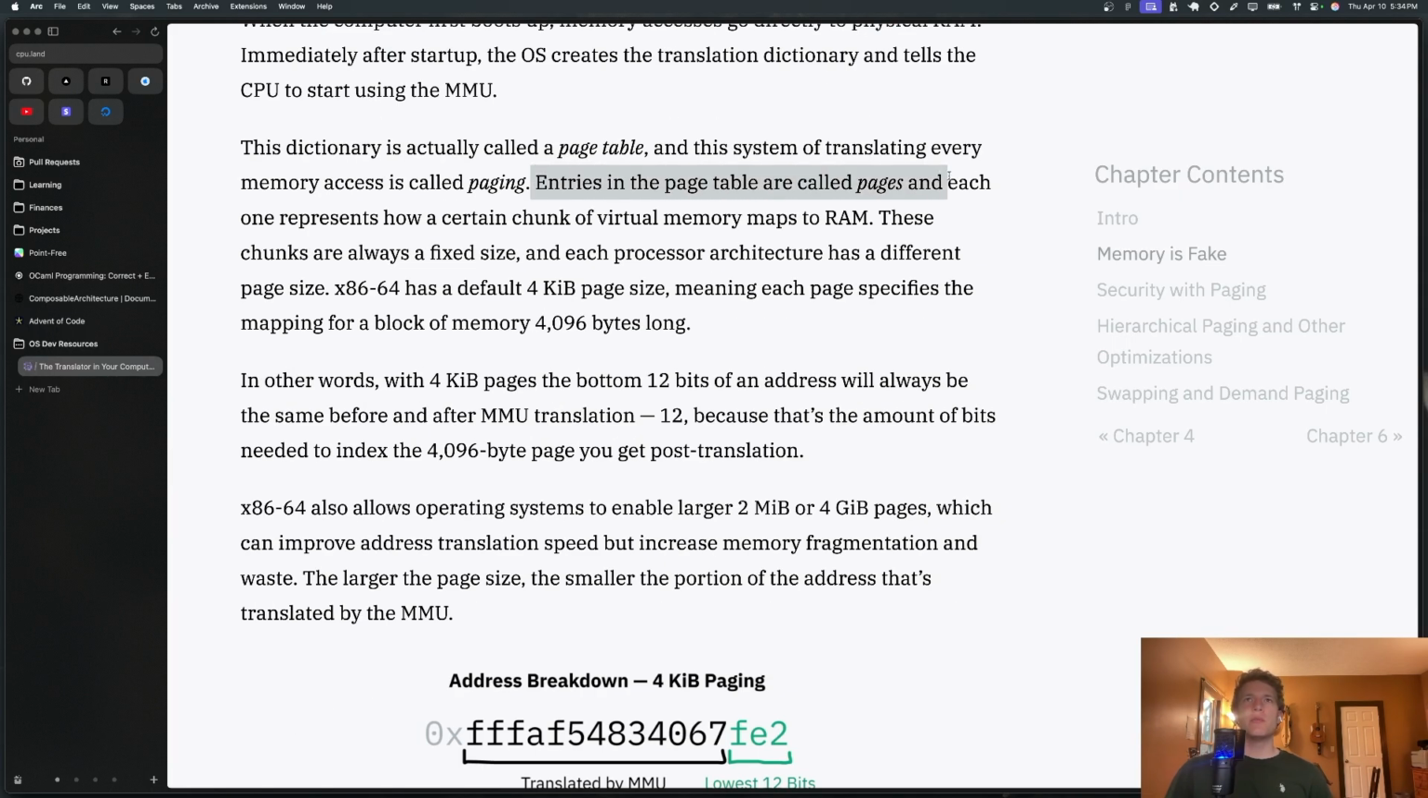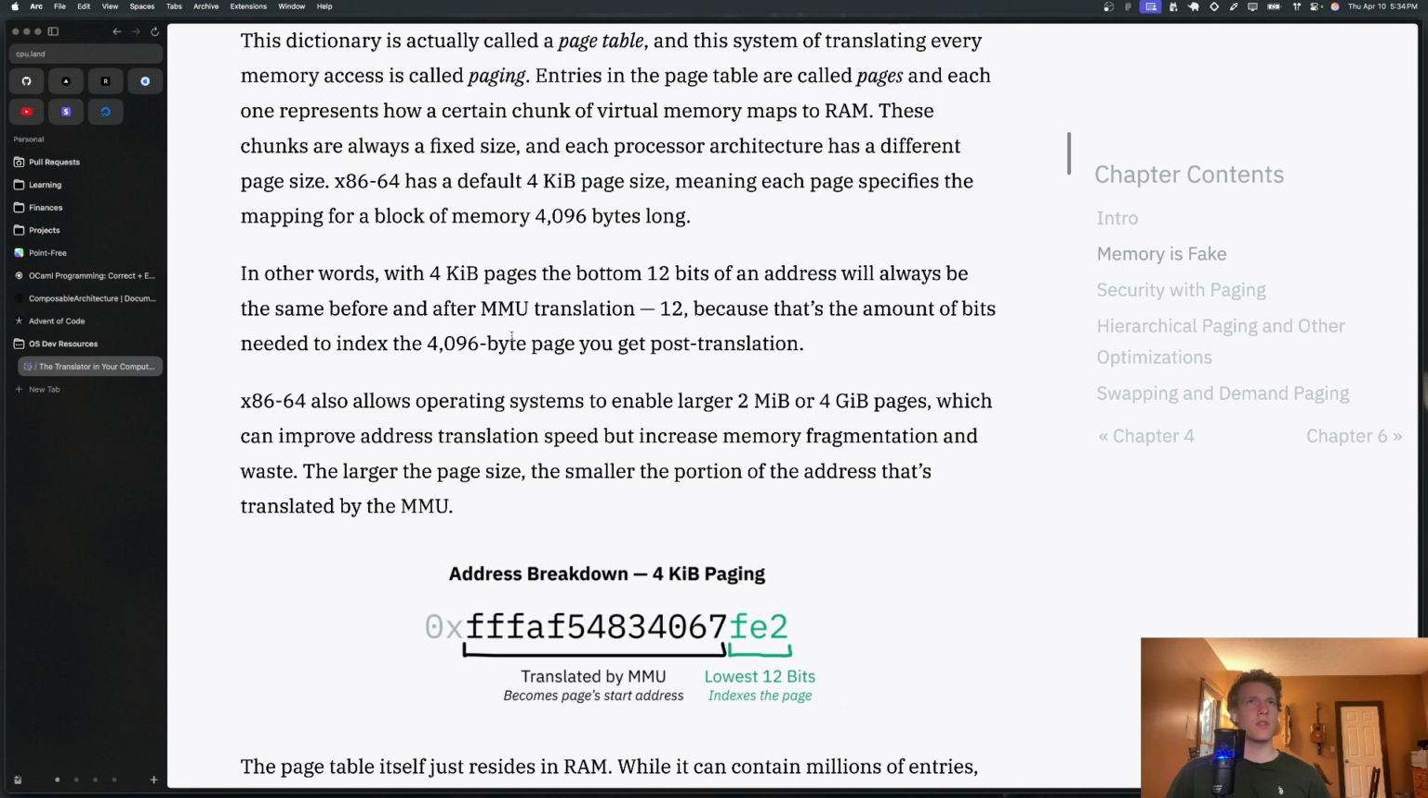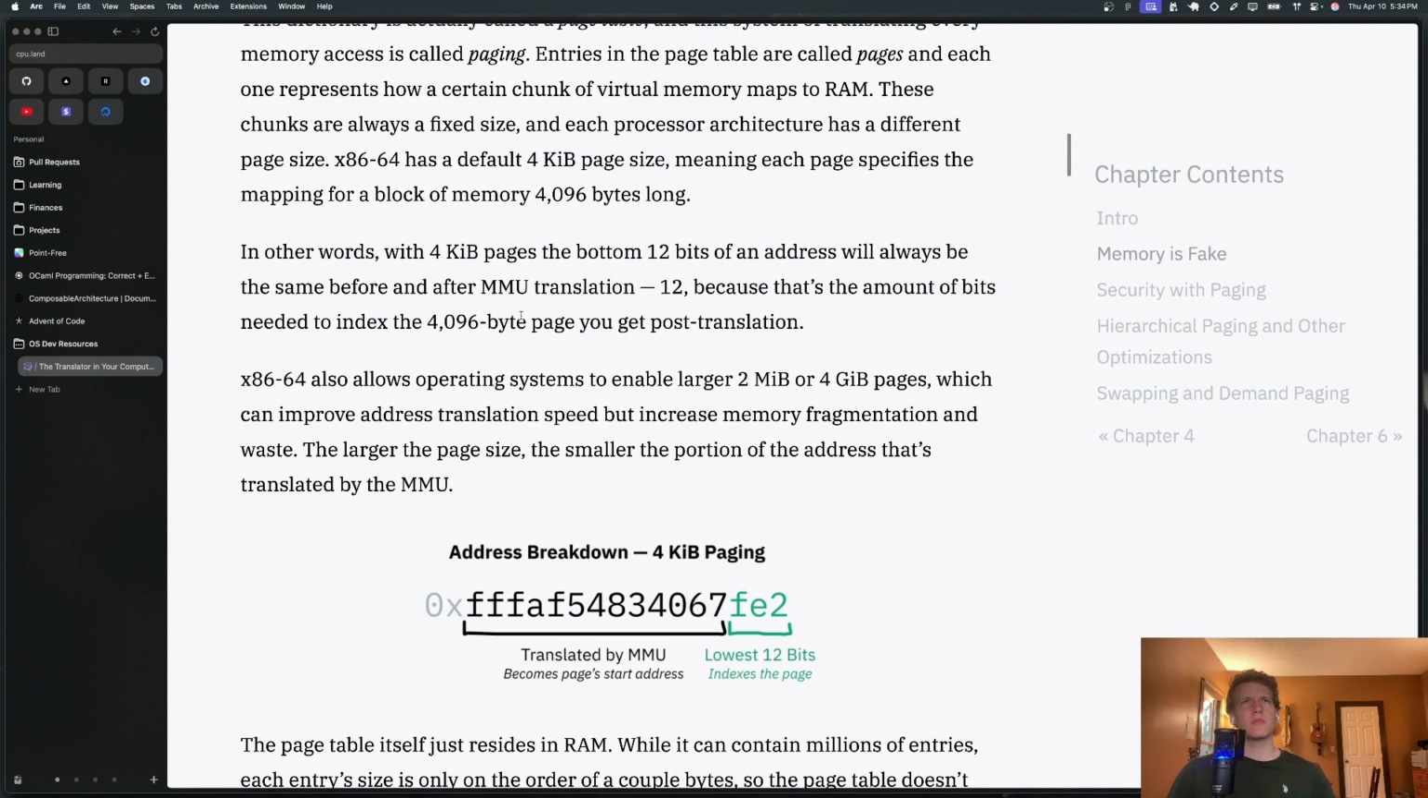Okay, entries in the page table are called pages, and each one represents how a certain chunk of virtual memory maps to RAM. And these chunks are always a fixed size, and each processor architecture has a different page size. x86-64 has a default 4 kilobyte page size, meaning each page specifies the mapping for a block of memory 4,096 bytes long, which is 4 kilobytes. In other words, with 4 kilobyte pages, the bottom 12 bits of an address will always be the same before and after MMU